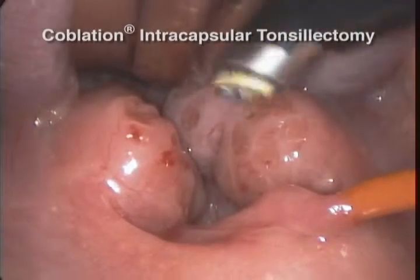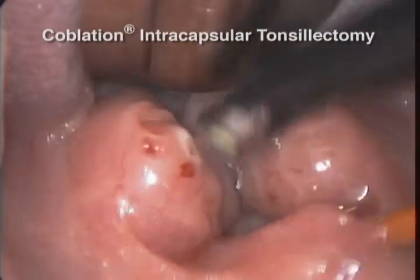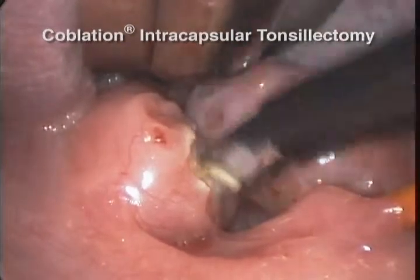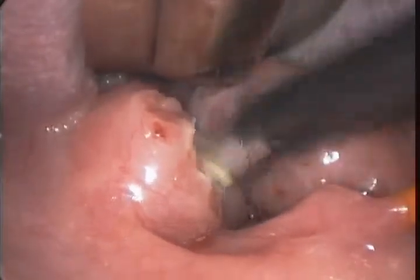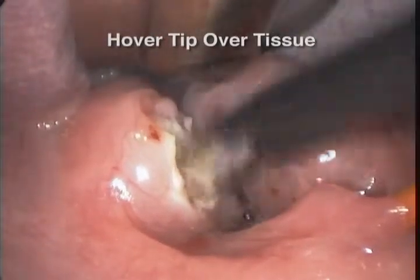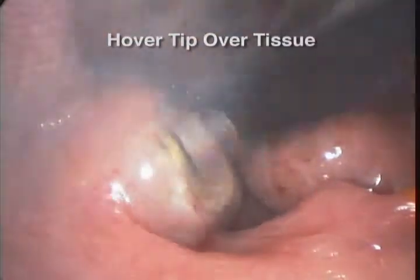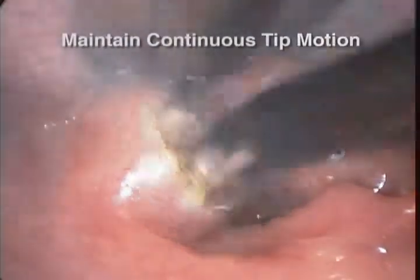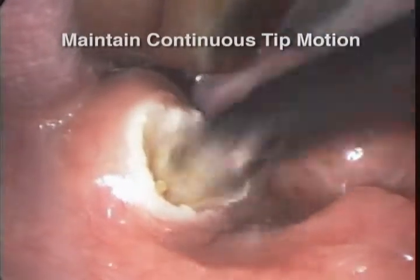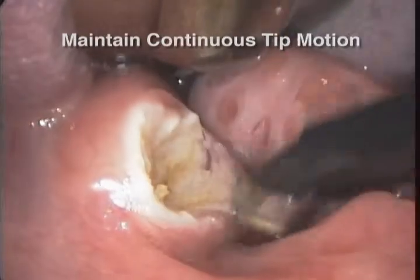Here's the EVAC TNA wand tip, and we're starting off at an ablate setting of 9 and a coagulate setting of 5. So you can see over here that the technique is that you need to hover over the tissues, and you do not want to embed the tip into the tissues, and there needs to be constant motion of the tip of the wand. I'm using kind of a scooping motion here,